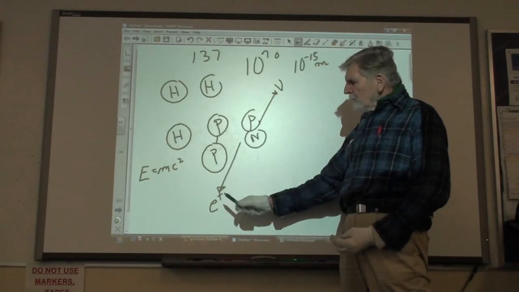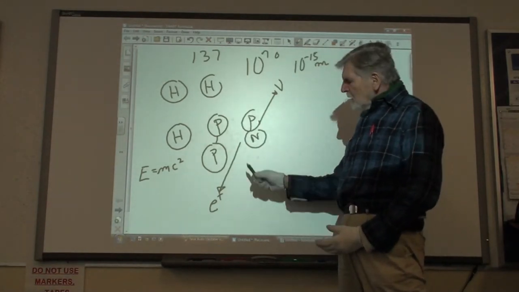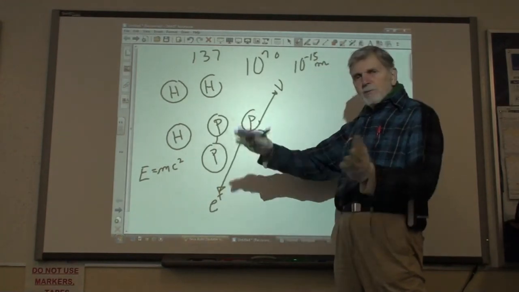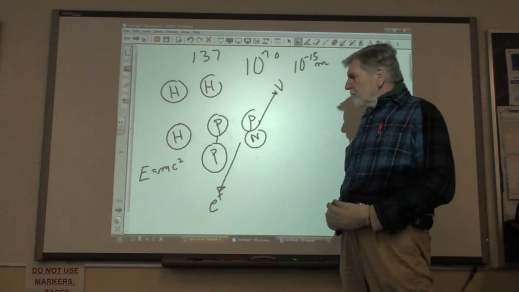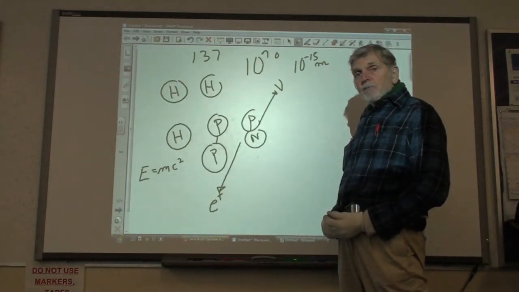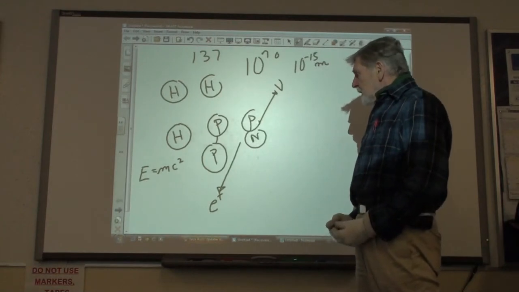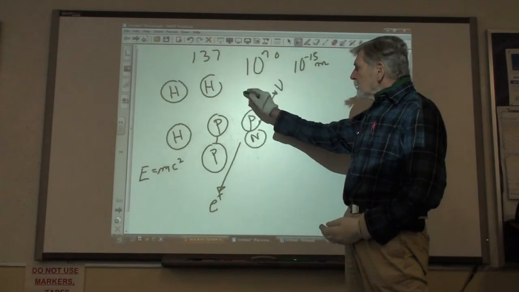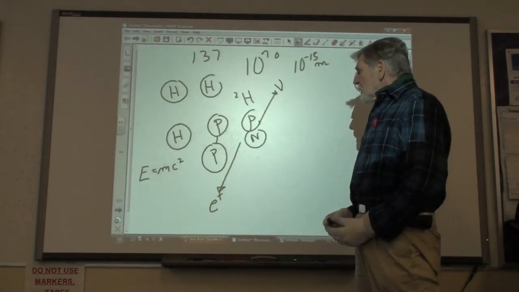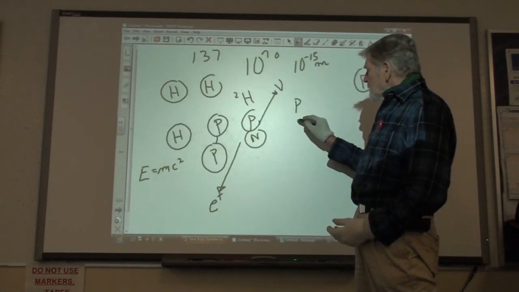It is in the form of these particles that escape when these nuclear reactions take place, and these escaping particles transmit that energy to the rest of the gas, and eventually it works its way to the surface and it comes off as sunshine. Now there's a complete cycle that takes place. The next thing that happens is that this state is called hydrogen 2, or heavy hydrogen. Now this heavy hydrogen will find another heavy hydrogen,